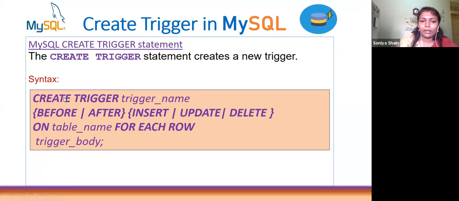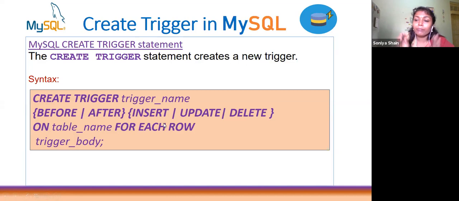Okay, it's clear. Create trigger, give the trigger name, then after that, before or after, any one only you can use. You decide what event you have to implement for the trigger. If you want to insert data, and while inserting the data something has to happen before, then your trigger will be here: you write before insert.